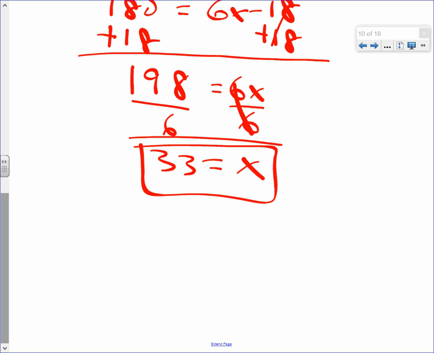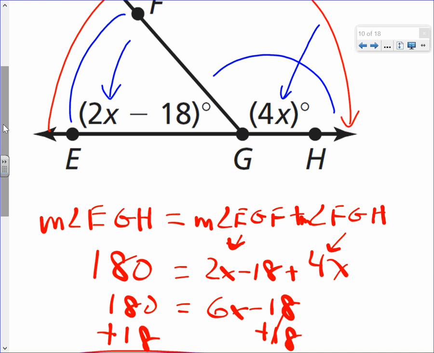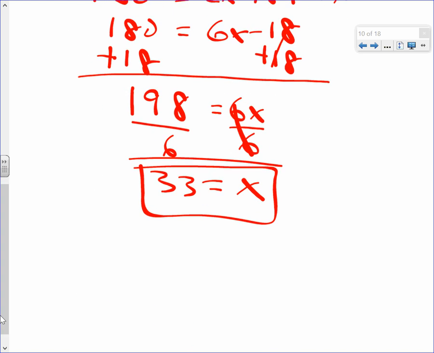Exactly. Cool, cool. Questions? Okay, so the pattern in all these examples, the big angle equals the ones inside it. That's it. That's always your equation. Yes, x is 33. Before we get to the last example,